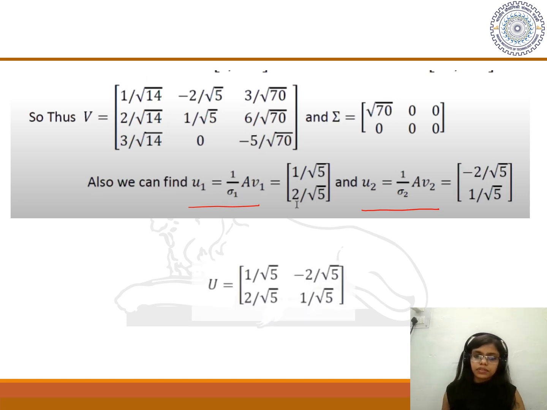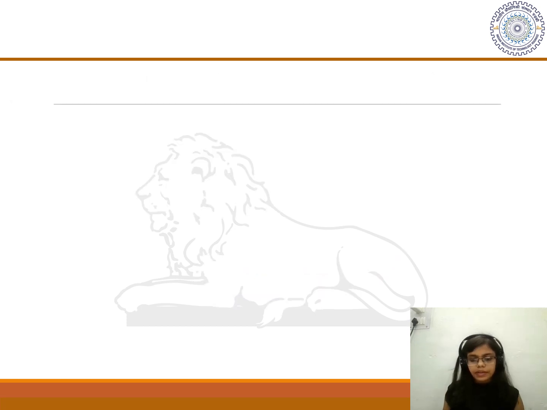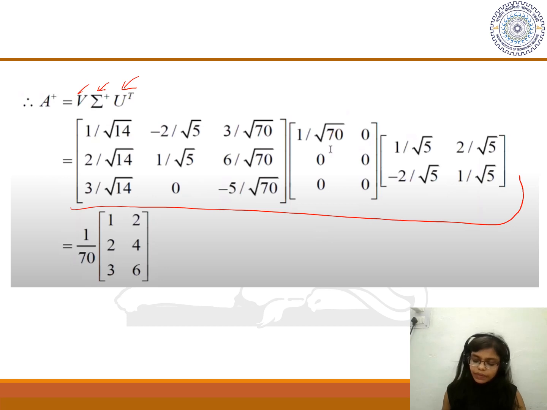Now we have u1 and u2, and from this we can form our U. Now to find the pseudo inverse, we can simply multiply the matrices that we found in the previous steps. That is, we multiply V, sigma plus, and U transpose, and simply multiplying these three matrices will give us our pseudo inverse for